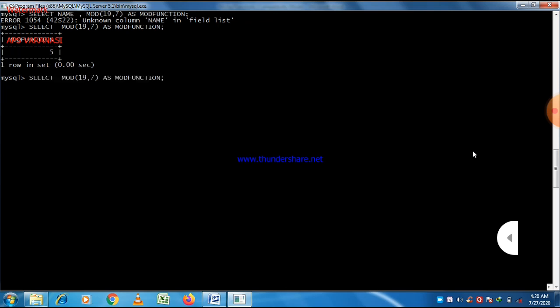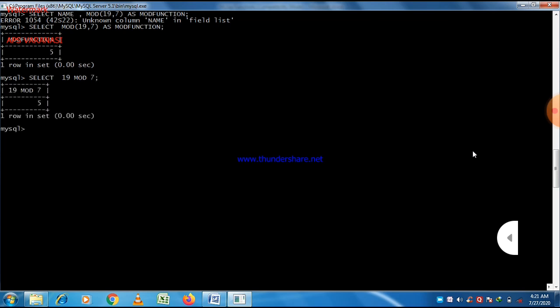Now in MySQL, let us take another example. Select modulus 19 comma 7. So 19 is divided by 7, and whatever remainder we get will be shown on the screen. Let us take another example here. 19 mod 7.